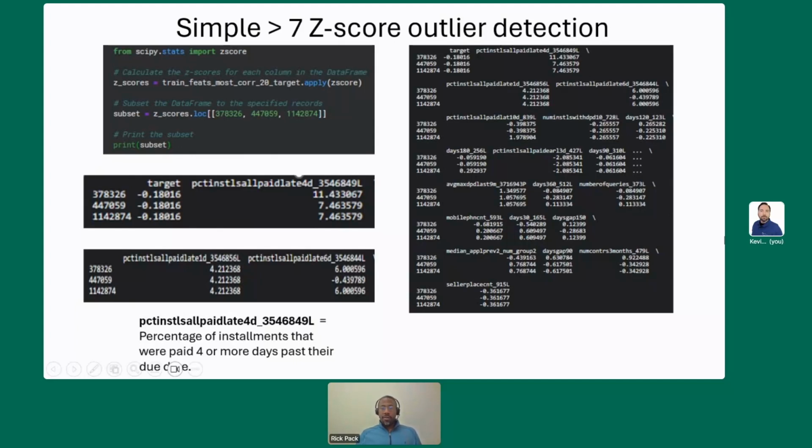But for the first and third record, the Z score was also quite high, greater than 6 for 6 days or late. But then, intriguingly, this second record that you see, observation 447059, actually had a low Z score. So something in terms of absolute value, something much closer to the mean. So what that means is that this individual was quite late, 4 days or more relative to the population, but not surprisingly late, 6